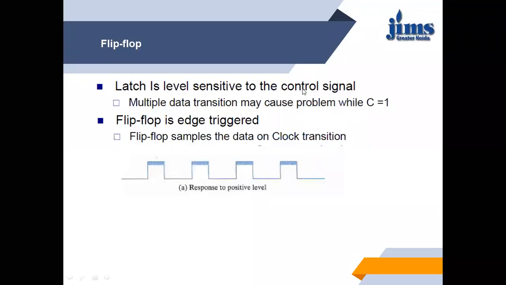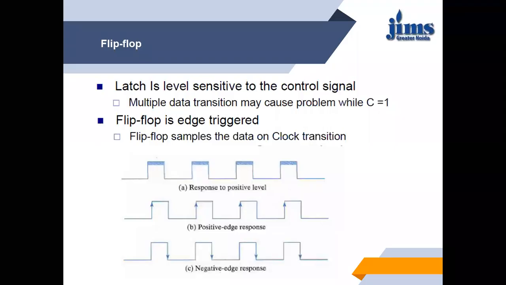Sensitivity comes from the triggering, meaning we are giving a trigger pulse. So the flip-flop samples the data on clock transitions. There are two clock transitions we can see in the circuit diagram. When we go from 0 to 1, it is said to be a positive edge trigger or positive edge response. On the other hand, in the second figure C, when we come from 1 to 0, it is known as negative edge triggering